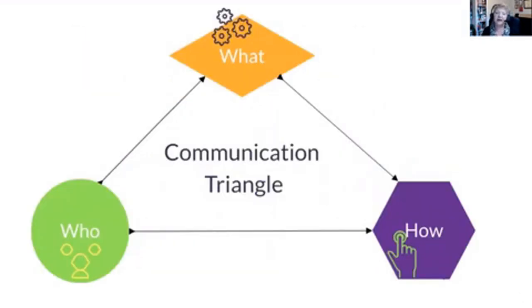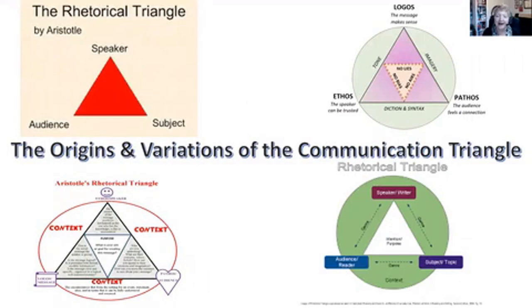The communication triangle is that idea of connecting the who, the what we're talking about, and how that message is communicated. The communication triangle has its origins way back to Aristotle, and if you do a search on the internet, you'll see many different versions of the communication triangle. It'll show up in areas when we teach writing, when we teach public speaking. So you'll just see where it's come from very quickly there as some ideas.